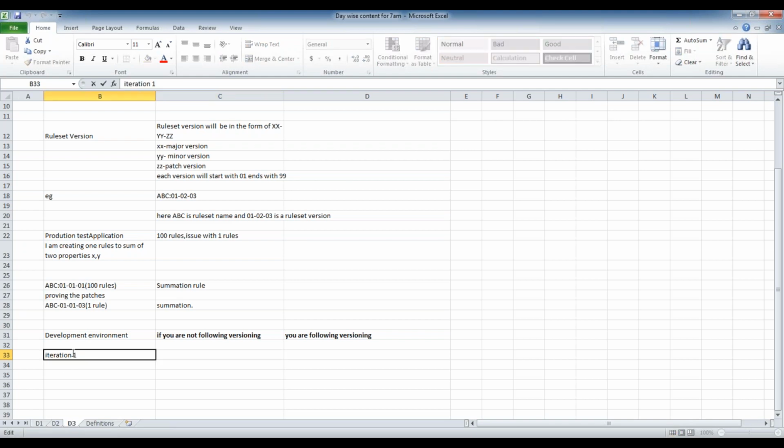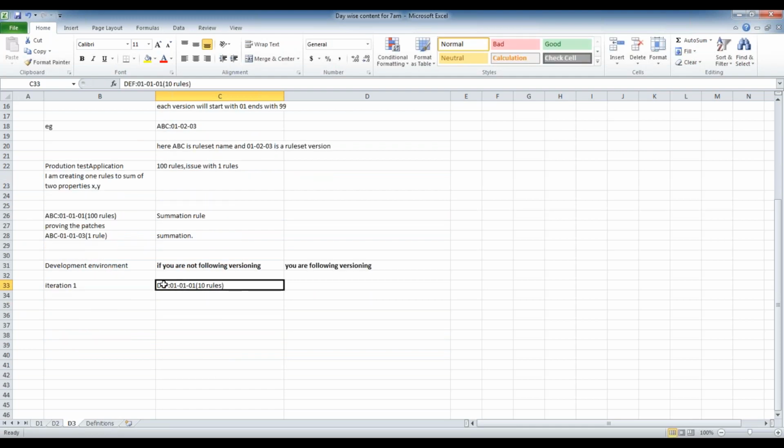So we need to create some rules. Definitely I need to store the rules in one ruleset version. So I am creating the version named 010101. Let's say I am creating some 10 rules here.